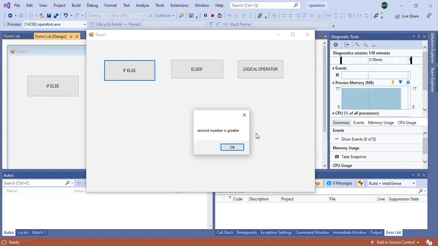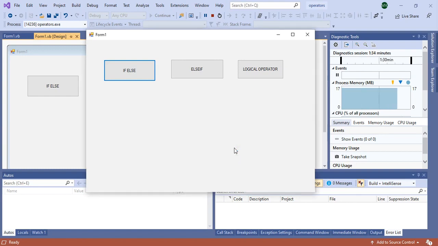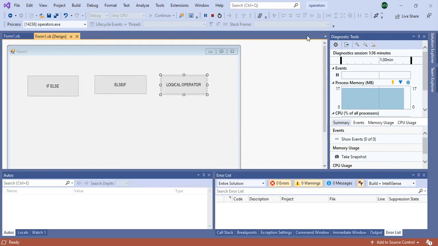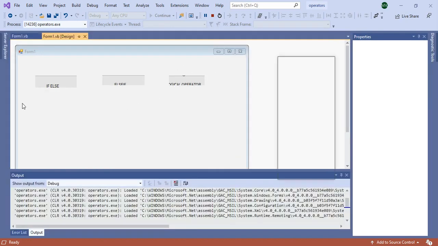Means we are finding the greater number among two numbers. So the second number was greater, so the message is second number is greater. For finding this output, we are using the if else statement. Now we will see the code for this if else, and then we will see else if and logical operator.